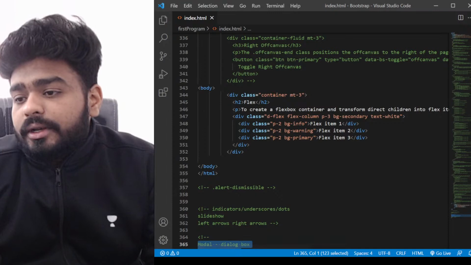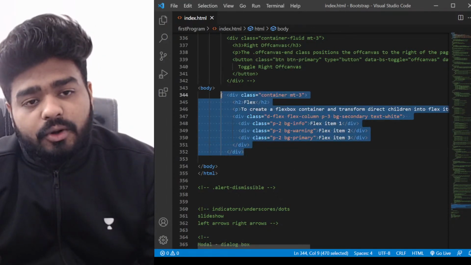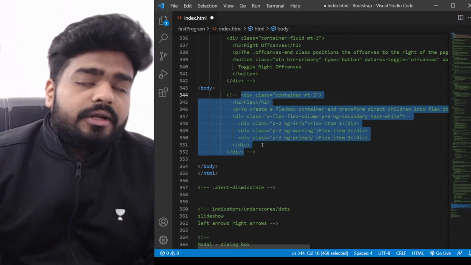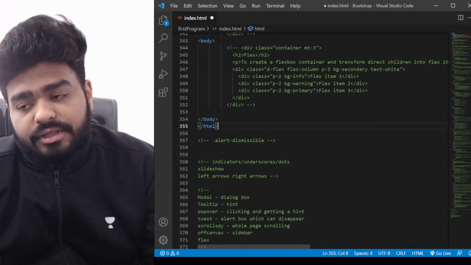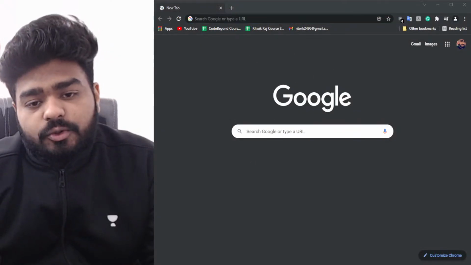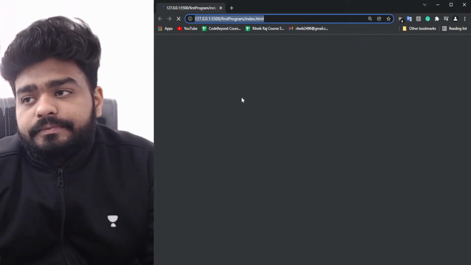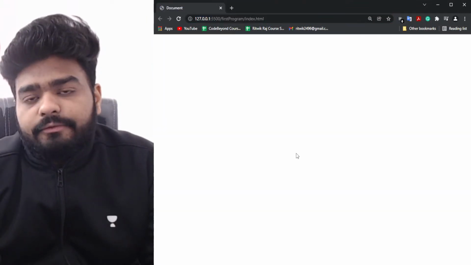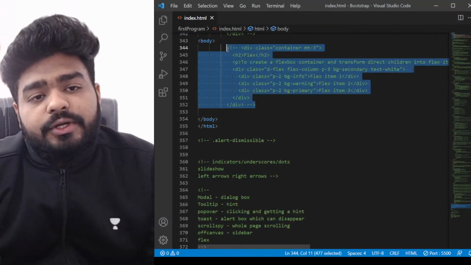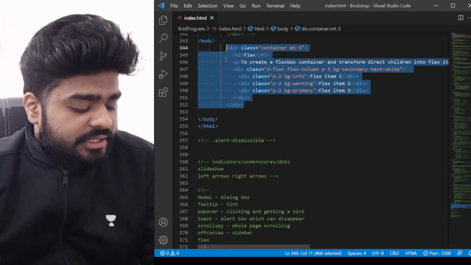Okay. So cool. Let's get started with this session, where we are going to understand forms basically, because that is one thing which we have not done in our Bootstrap sessions, right? Let me just open my browser once, and let me just open this with live server so that you can see the output once. So right now I've commented all the codes, that's why it's not showing anything. Let me just show you what did we do in our earlier session. So this was one of the code which we did, and we were just talking about